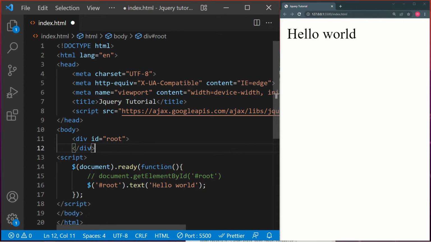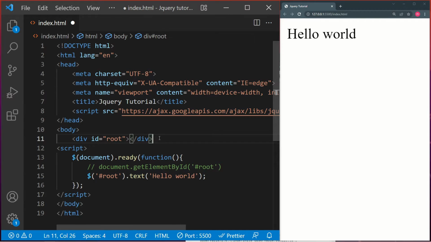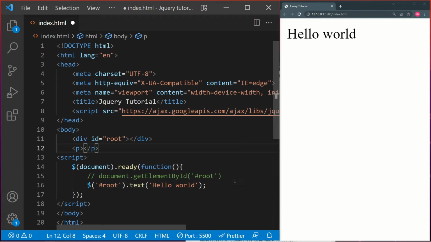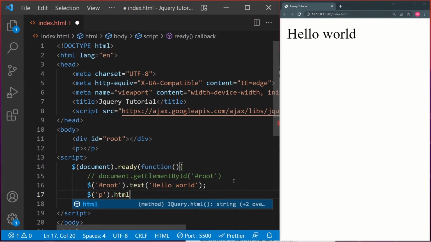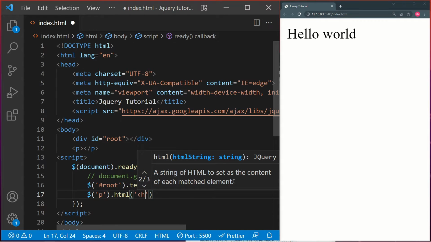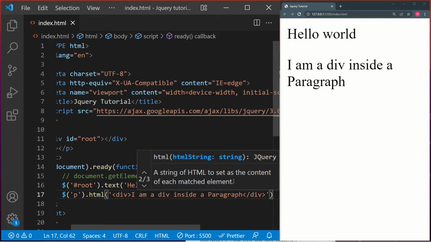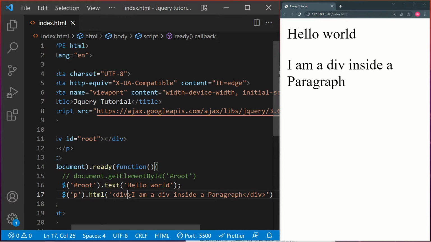Now let's take another example, a paragraph. We can do the same thing, p. So it's going to select all the p elements. We can add some HTML. It's a bit weird to add h1 to the p element, but we can add a div inside it called I am a div inside a p paragraph. So I can do this, and then it's adding this div. Now if I give it, for example, not an ID, let's add a class. We're adding this div with a class red, and now we're gonna add some